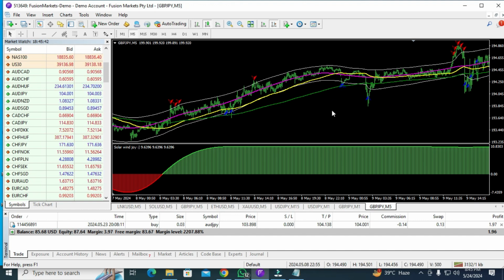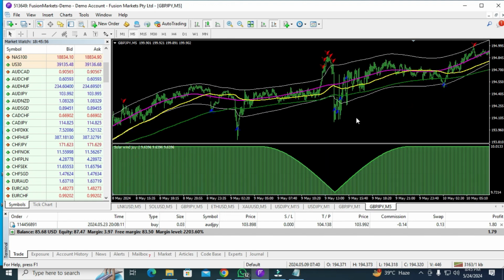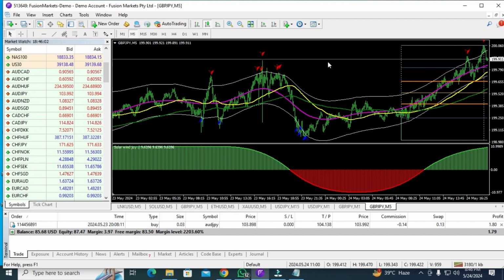95%. Okay, I put a lot of effort to make this MT4 just because of the repainting issue. So in this system you will never find any repainting issue, and you will get awesome results all the time. And this is a guaranteed MT4 system.